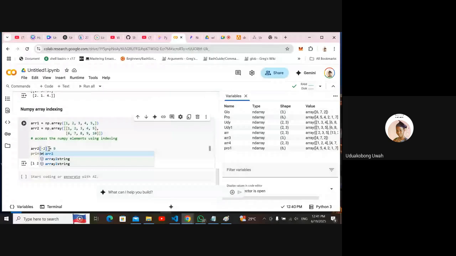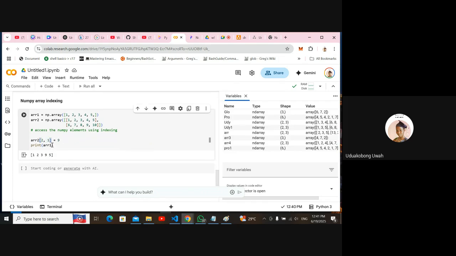I'm telling it before I even modify it, go through that, and then the first one. So if I now print